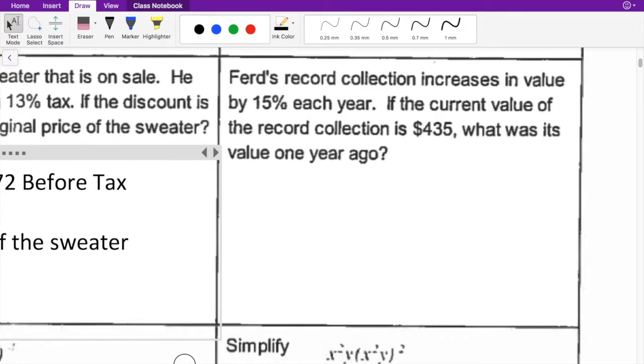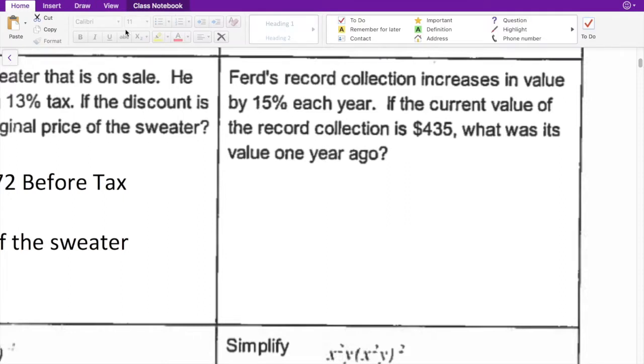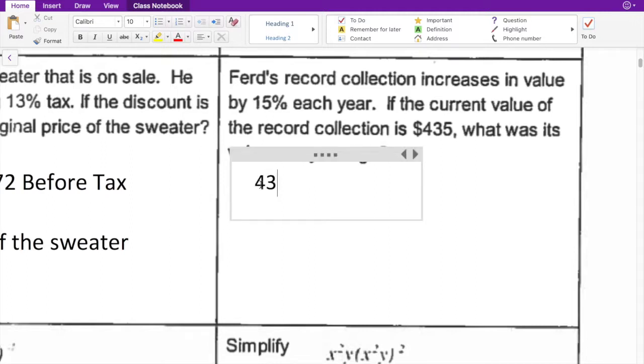If I told you what's the value next year, you would multiply by 1.15. But in this case, we are going to divide by 1.15. So our original cost is 435, and then we're going to divide by 1.15,